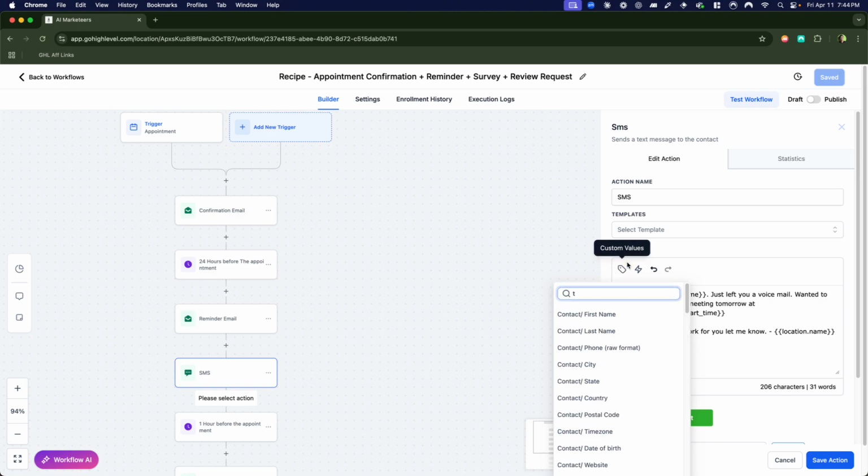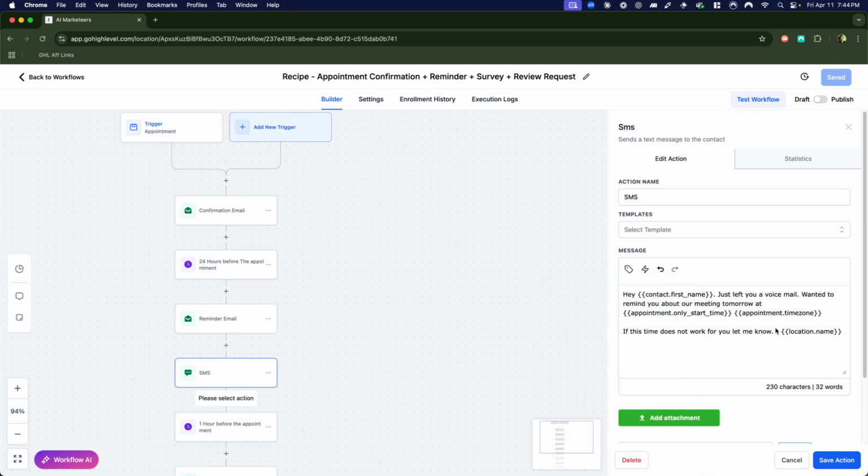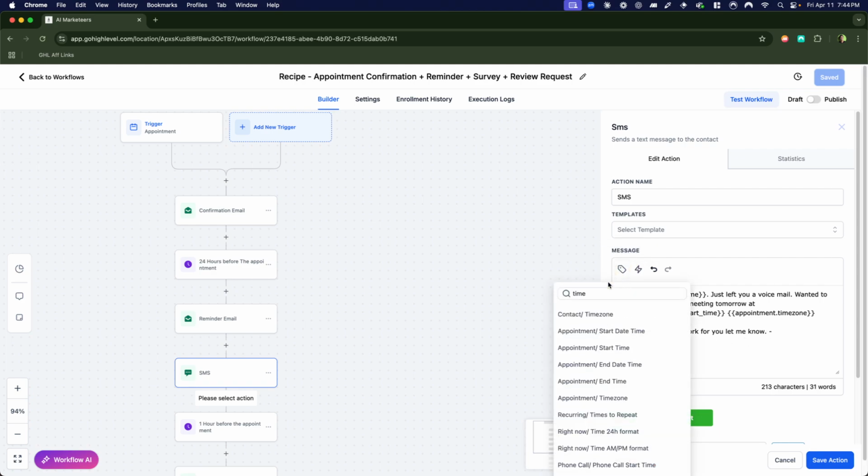So appointment time zone, okay. So appointment time zone is tagged to the start time, so you need to make sure that these are two set up. If this time doesn't work for you, let me know, and then you can put the username, which is going to be